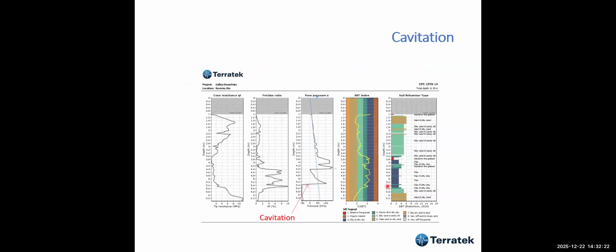And the other thing which is very difficult to avoid sometimes is cavitation. Cavitation takes place even if the cone is very well saturated, and this looks to be the case, but at this stage here, it enters a hard soil. And when it enters a hard soil, mainly here, you have this. This here was because there was a dissipation test. But when it enters a hard soil like this, okay, much harder, then you have cavitation. This sometimes is very difficult to avoid.